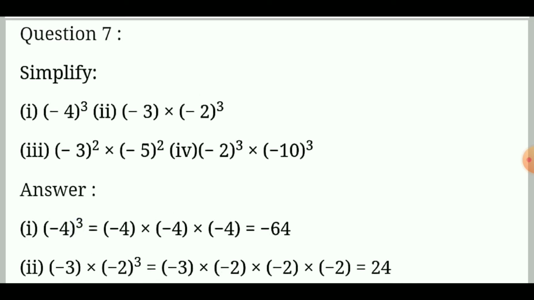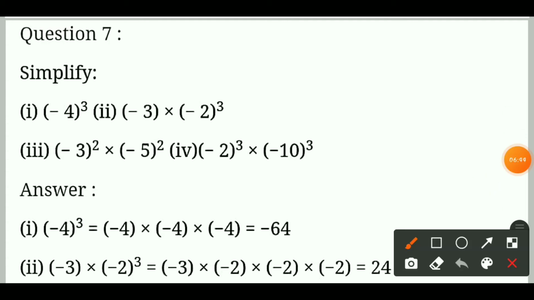Now question number 7. Here in the explanation part I told you one thing. If we have negative base and the even power, so the answer will come positive. And if we have negative base and the power is odd, the answer will always come positive or negative. Okay, so you can see here